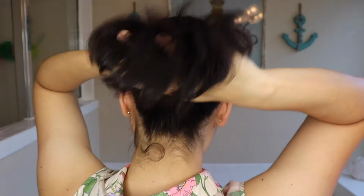So you can leave it like this if you want to, and just have a half updo, and this looks really cute as well. And you would just hairspray, fix those little flyaways, or if you wanted to, you could add another hair tie and just bring it all up if it's really hot, and that's what I usually tend to do. So basically what I do is I just bring all the remaining hair up,